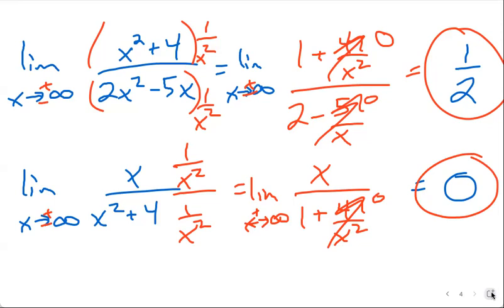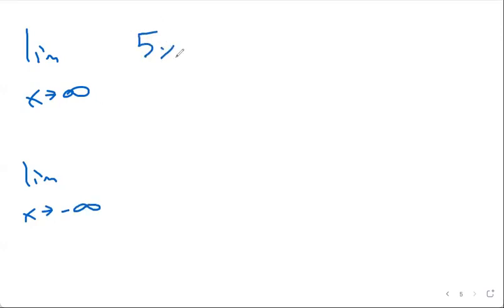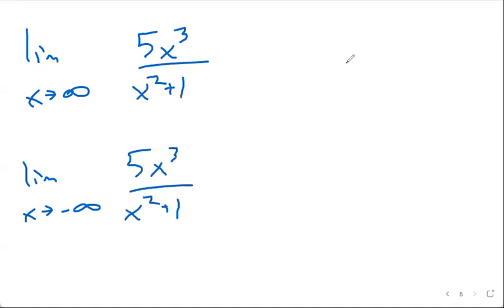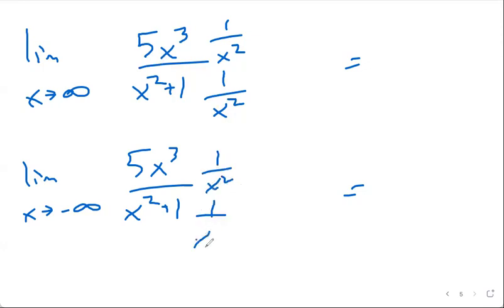Where it does matter is when the numerator, the top, is bigger. If I gave you the limit as x goes to infinity, and let's do both, the limit as x goes to negative infinity of, let's say, 5x cubed over x squared plus 1. So 5x cubed over x squared plus 1. Well, again, if I multiply by 1 over x squared, because I'm doing the highest power of the denominator,